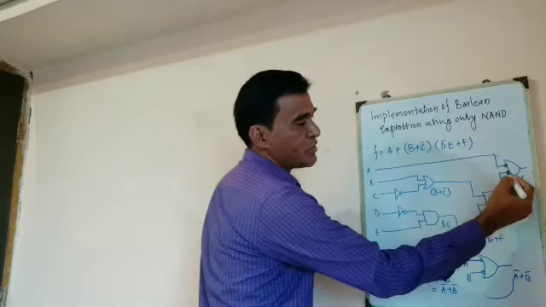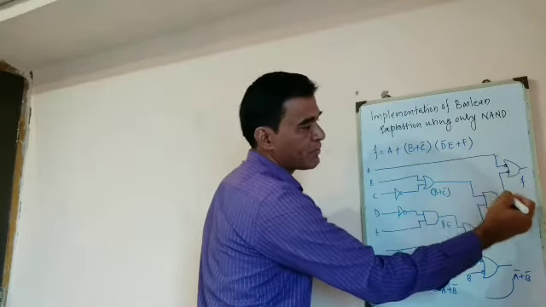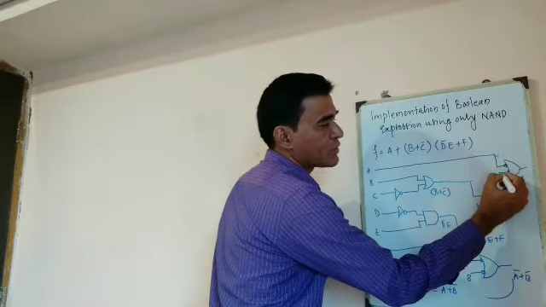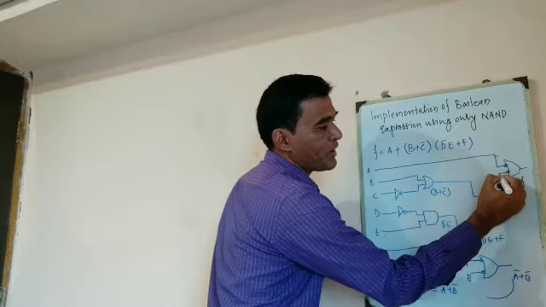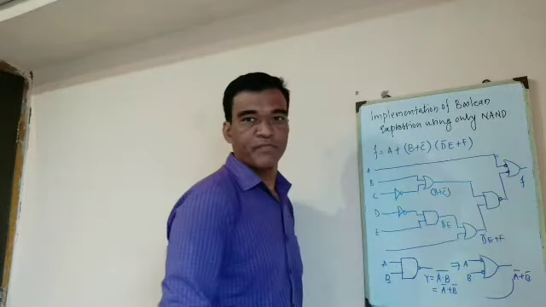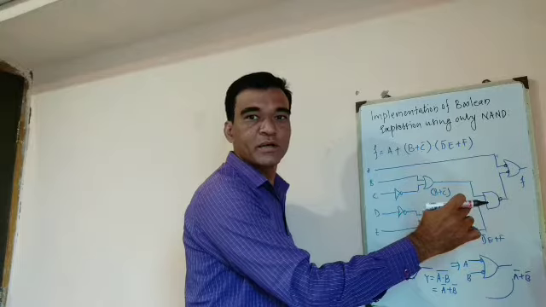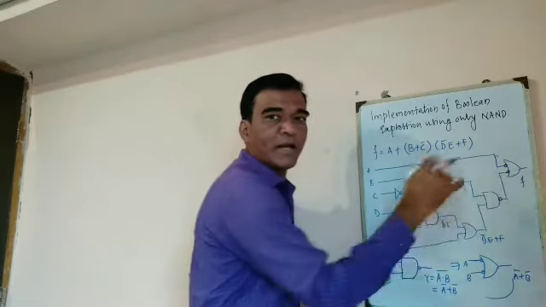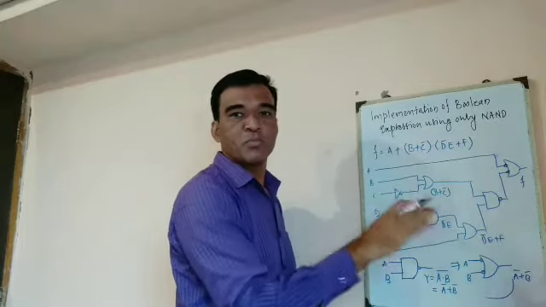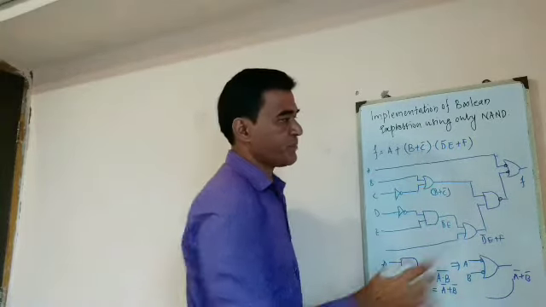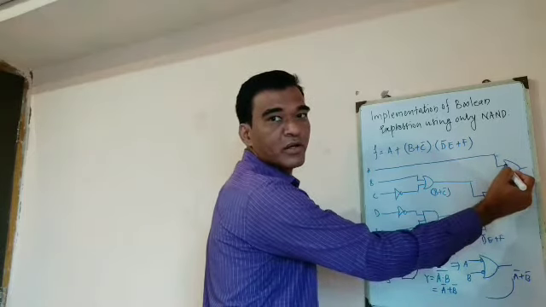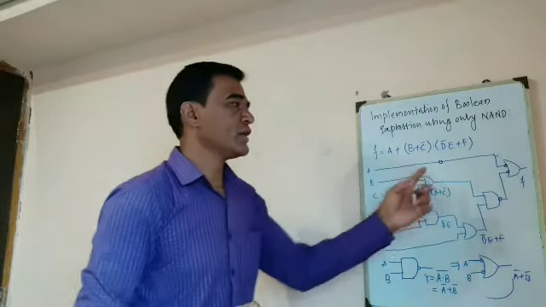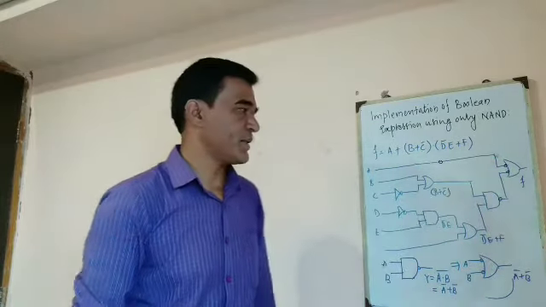Now, as this input is complemented, I need to write one more bubble to compensate it, and that bubble I will draw somewhere here, so that this AND gate becomes the NAND gate automatically, right? So here it is the complement, which is again complemented, which means that the meaning of this Boolean function remains unchanged. Here we have a bubble, but we don't have any gate, so I need to use one more bubble, so that on the complement of a complement I will get the original function, right?